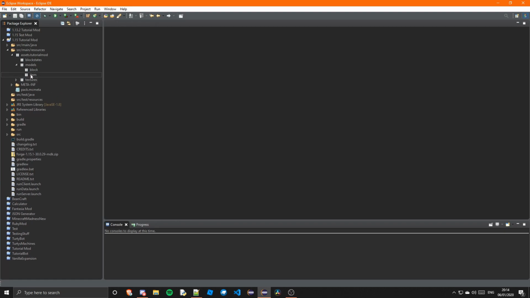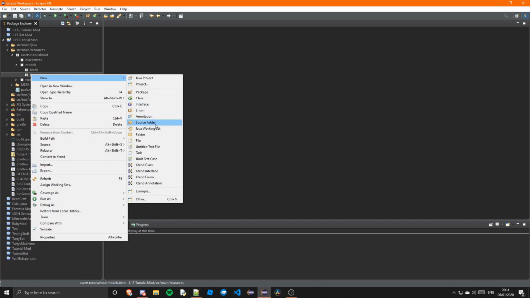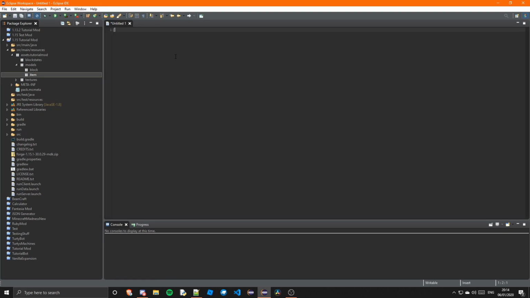So most of it is the exact same. We're just going to create a new untitled text file in here. And in here, we're just going to want to put model item/generated, I think. I actually don't know. Let's check. So in here, you're just going to want to put 2 brackets, and then in the middle, we're going to put parent,